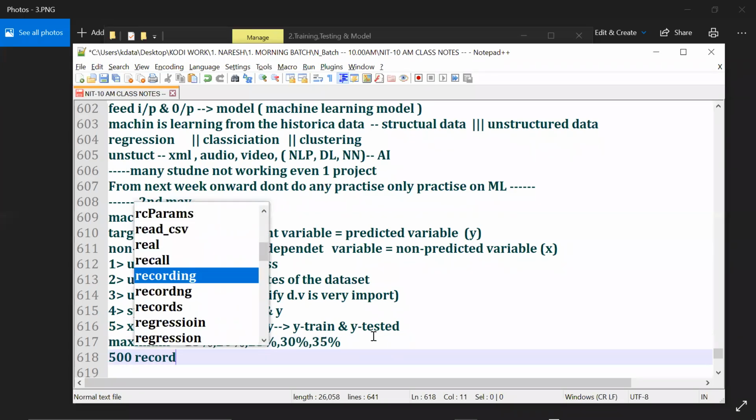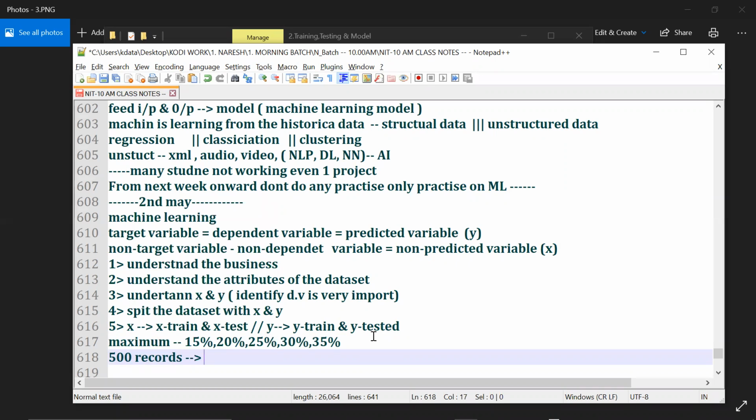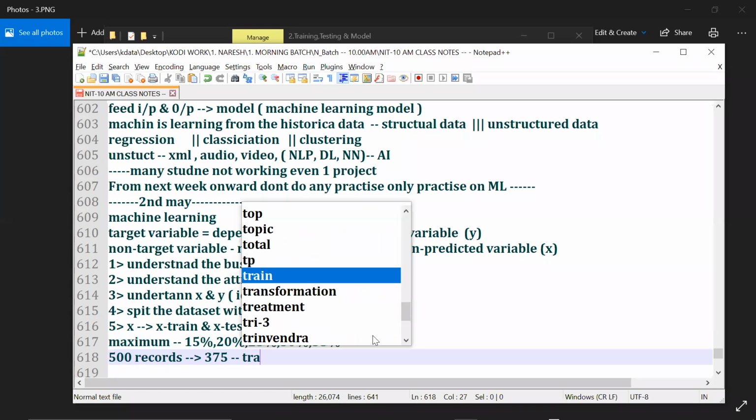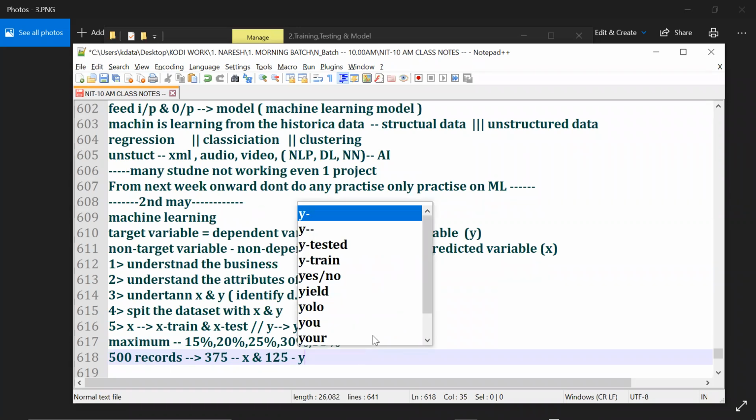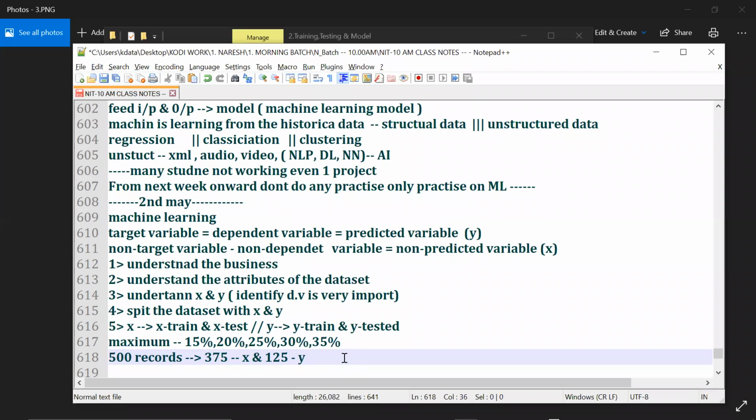If you have a total of 500 records, then 375 goes for train and 125 goes for test. Correct or not, guys? So split the data based on the percentages. I'll tell you practically, but at this moment, understand. Clear or not, guys?